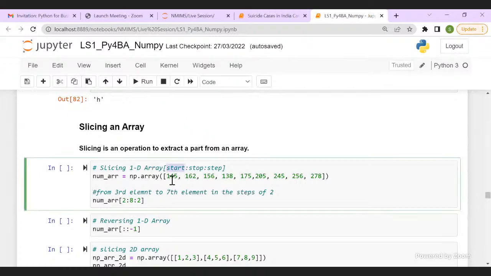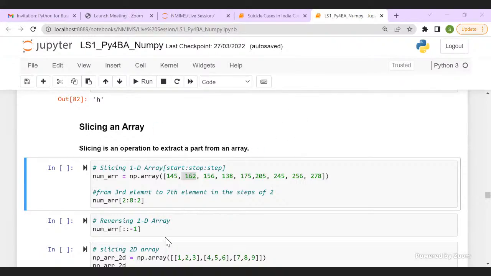Again in slicing, you have start, stop, and step. Here, instead of commas like you have in range, you have colons in between. You just write the name of the array, then the starting element from where you want to slice. What does a slice of an array mean? What does a slice of a cake mean? You want a part of a cake. Give me a slice of a cake means I want a part of a cake. Or give me a slice of an array, the slicing operation of an array: give me a part of your array. So slicing basically means you want some part of your array.